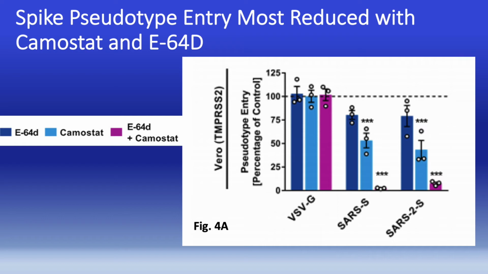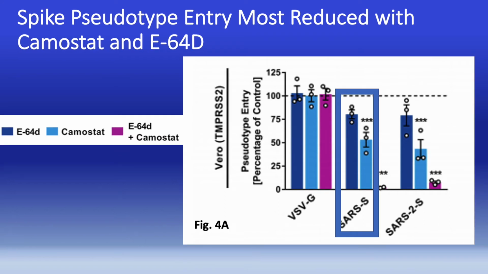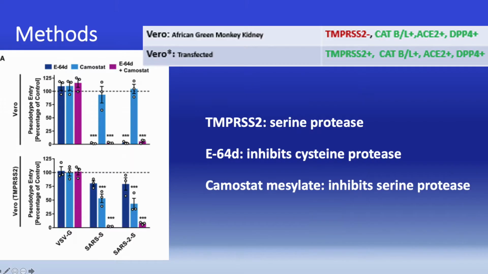And so this means that the virus can use a serine protease to prime its S protein, but also a cysteine protease. And to totally block viral entry in this situation, you needed both drugs, and this holds true for both SARS-S1 and SARS-S2. Vero cells without the serine protease and with the serine protease, which are generated, are treated